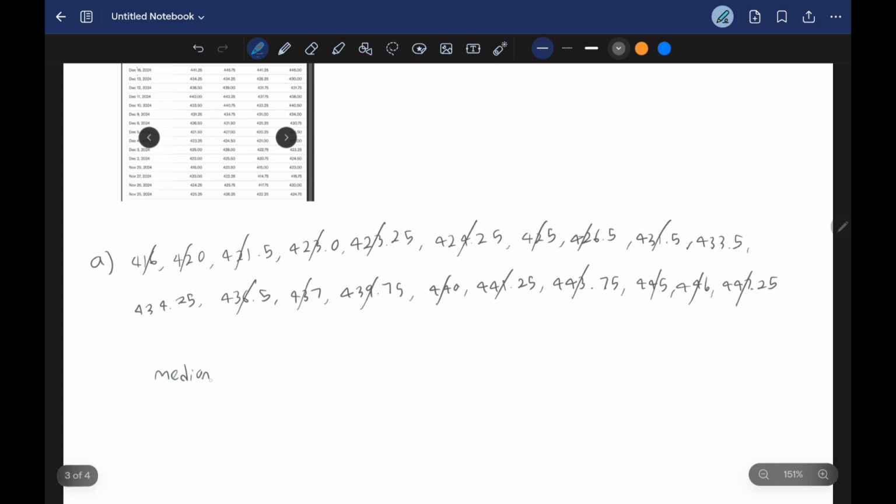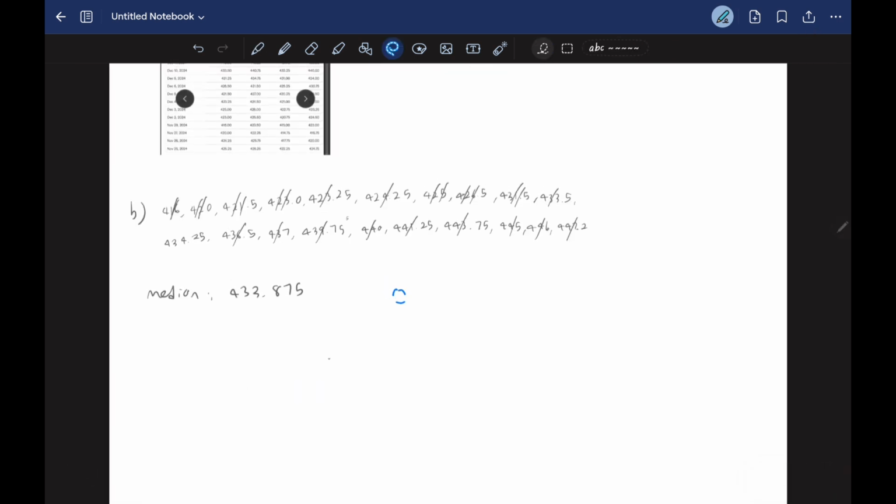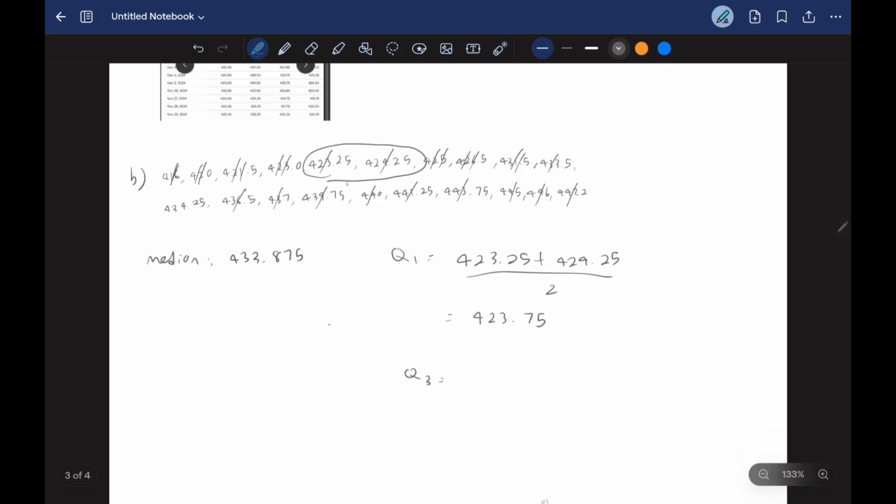433.5 plus 434.25 divided by 2, which equals 433.875. Now we'll be looking for the interquartile 1 value, which is 423.25 plus 424.25 divided by 2, that equals 423.75. Since we have looked for the first quartile, now we'll be looking for the third quartile, which will be